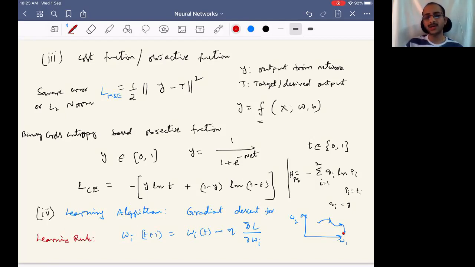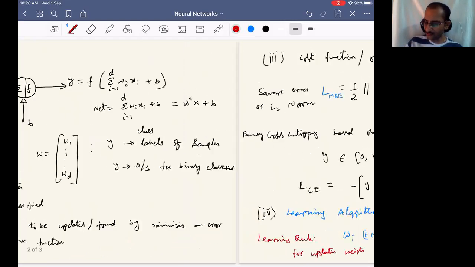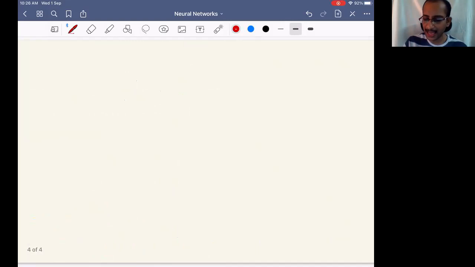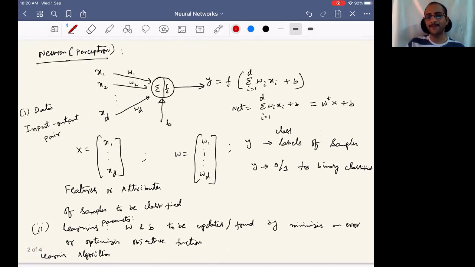Okay. The learning rule also determines this. Because if the gradient descent learning rule is not sufficient for learning to reach the global minima, but if I improve gradient descent with a momentum term, it may help even better. Okay, something like that. Along with these four elements, there is one more element that decides the efficiency with which I can reach the global minima for a given classification problem.